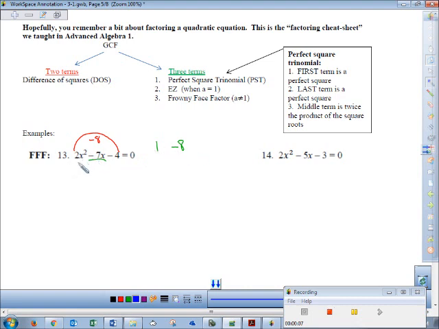Now we take these four terms, or we're going to split this guy into four terms. First guy leads off. There's that 2x squared. Then the two numbers that we found next, they come, and really it doesn't matter what order they go in, but if one of them is negative, it's a good idea to put that one first and the positive one second with the variable next to them. And then the last term, that minus 4, he comes down, and we of course have to keep it equal to 0. Then we double group, make these first two terms into a group, make these last two terms into a group,